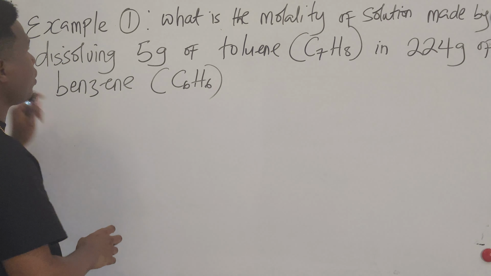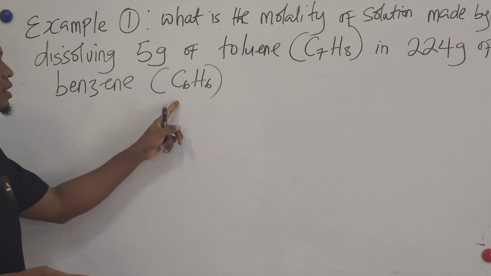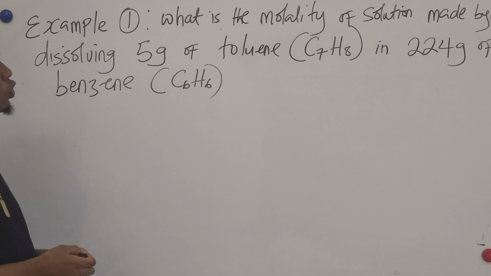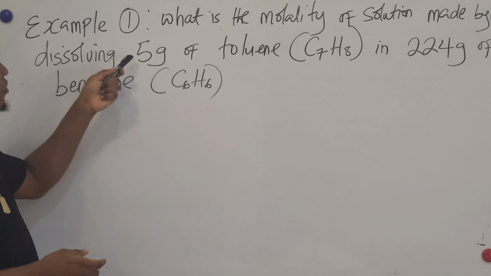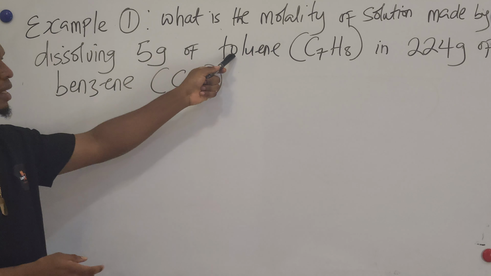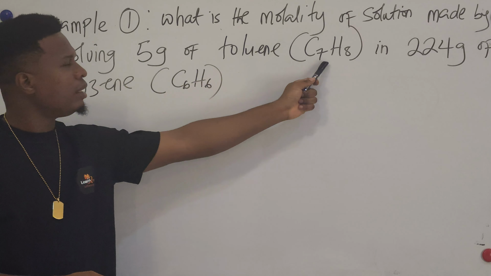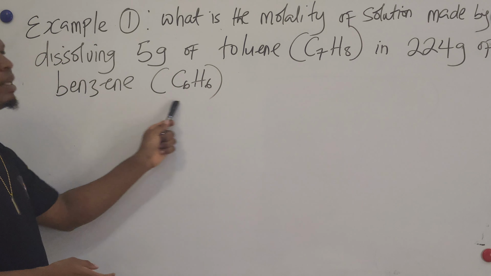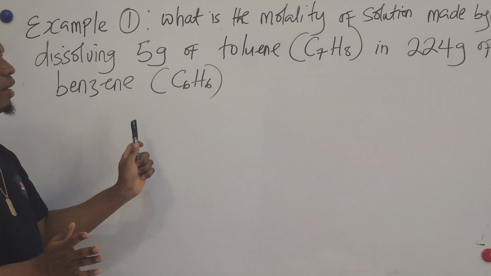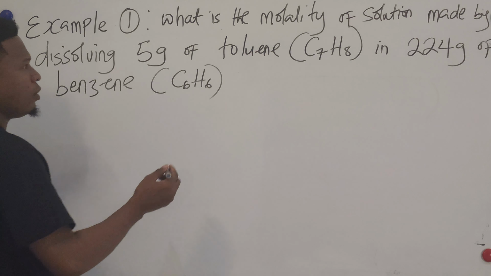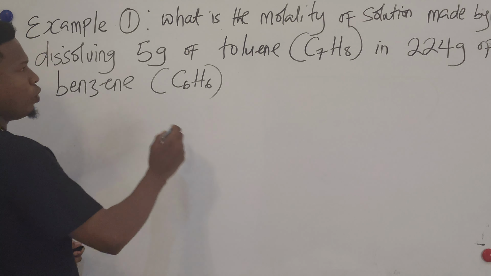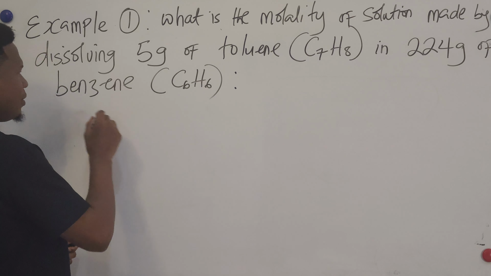In 224 grams of benzene. Benzene is, from the question now, can you tell me which one is the solute, which one is the solvent? You are dissolving 5 grams of this inside this. So the solute is toluene, the solvent is benzene. Okay? So very simple. So from there now, we know that molality